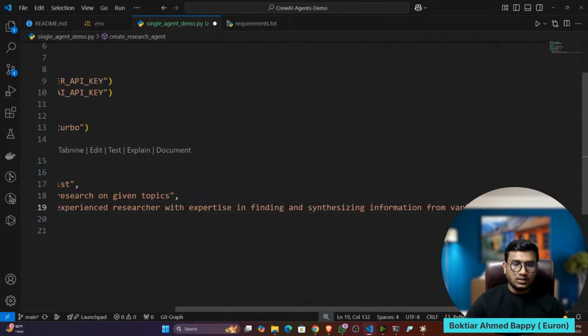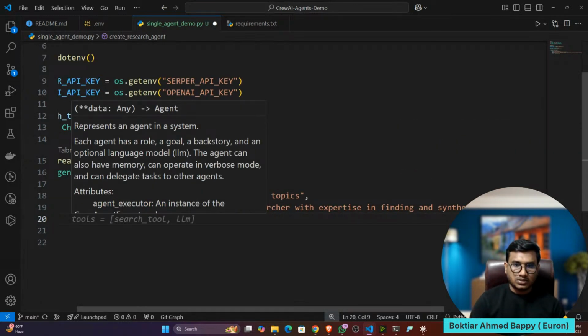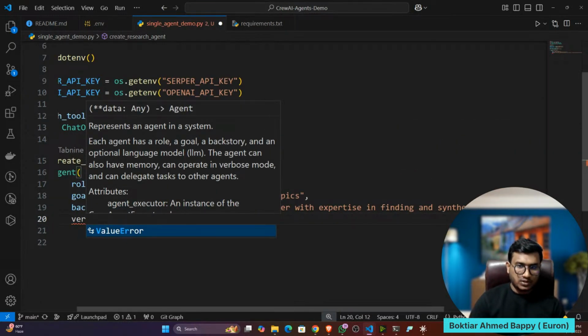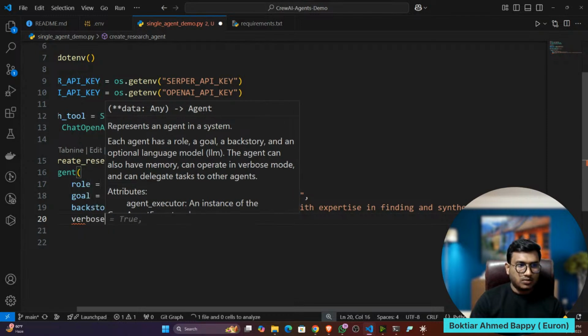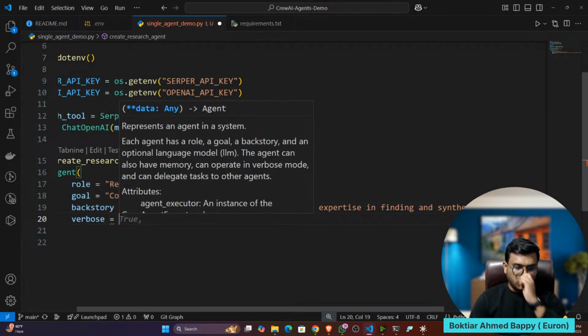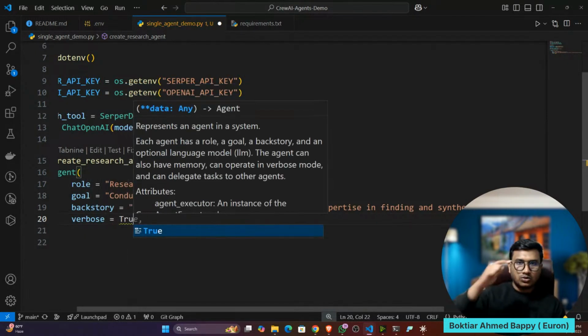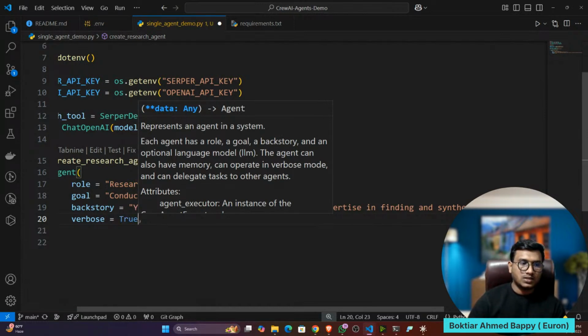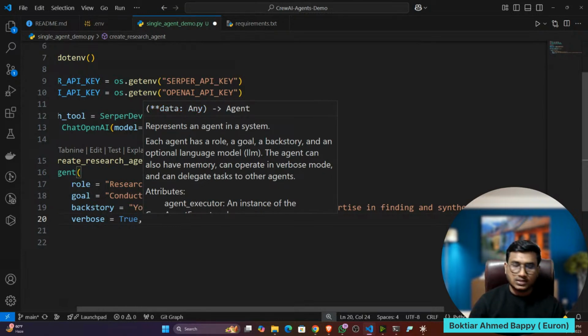Fine. Then the next parameter you have to pass is called verbose. If the verbose parameter is true, that means it will show you all the execution in the terminal. That means you can see all the links. Yesterday I think you remember all the source links and everything. You used to see that because of this verbose parameter. If verbose is equal to true, you can see all the execution log. If it is false, you can't see anything there, only the result. But I want to visualize all the execution log, that's why I will give verbose is equal to true.